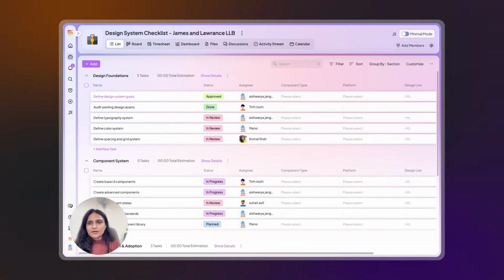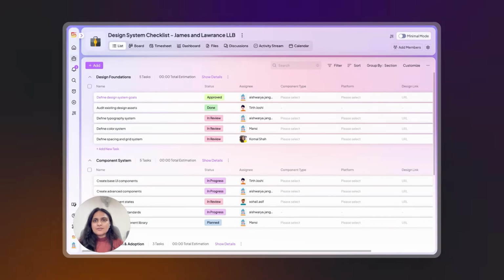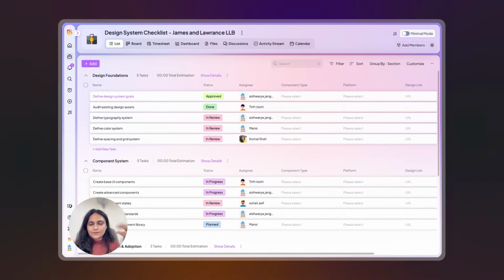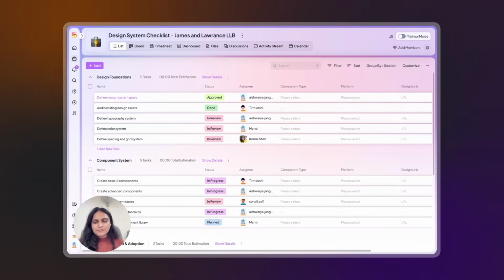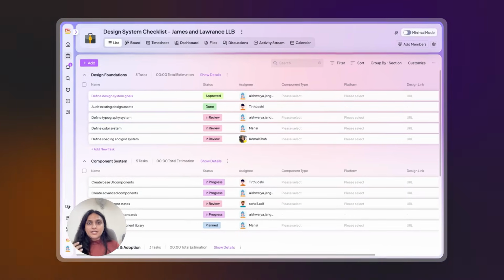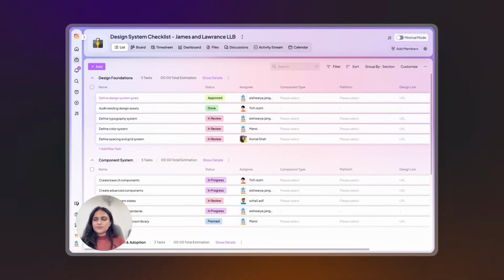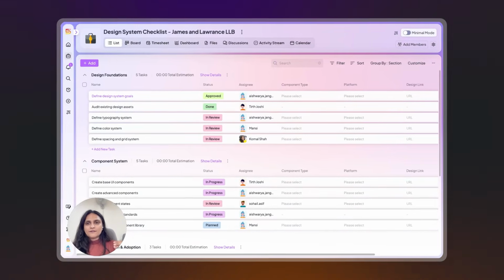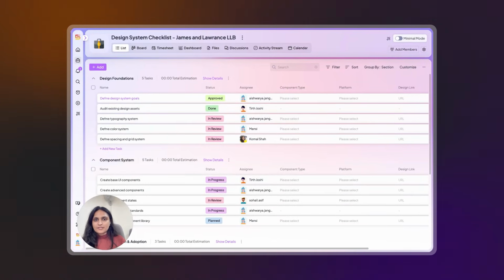But it can also be super annoying if you have a checklist in your spreadsheets and then your entire team is working somewhere else. So we have designed a checklist in 5day.io, which lives alongside your projects, and people don't really have to jump between tools to understand what they need to do next. Today, I'm going to show you how you can either use our templates, checklists that we build in our templates, and edit it, or if you have your own design system for the checklist, how you can save that once you create the project in 5day.io as well.